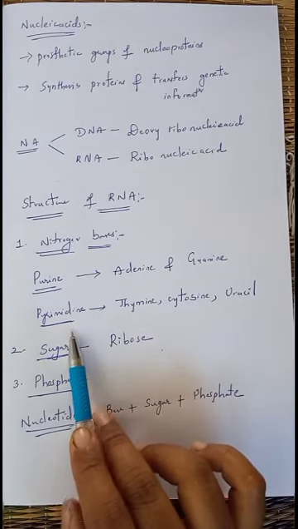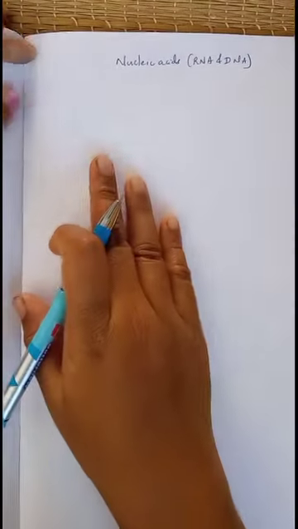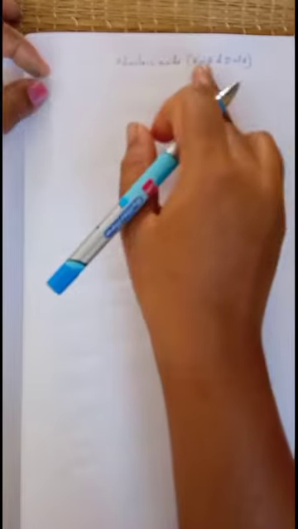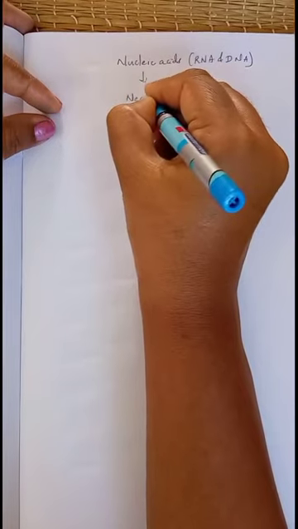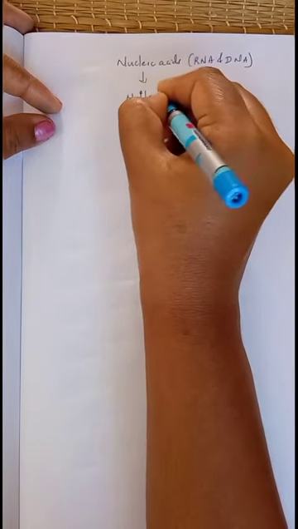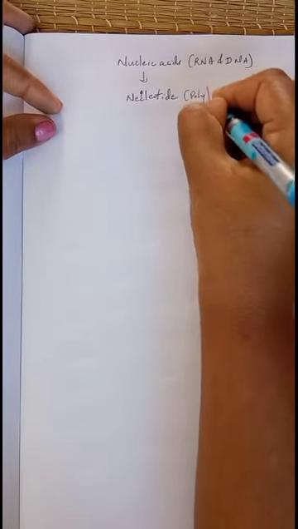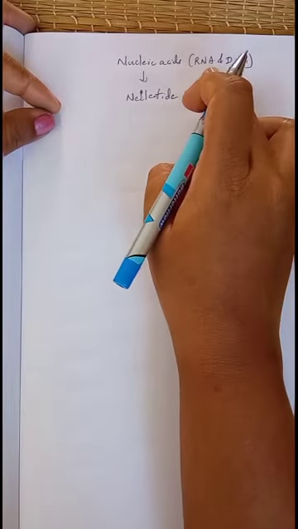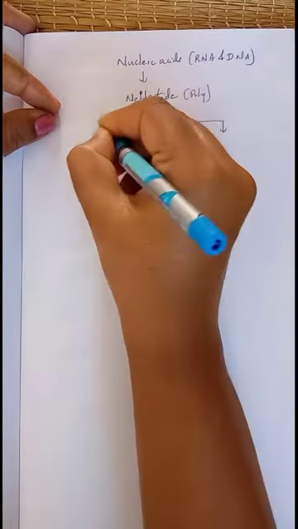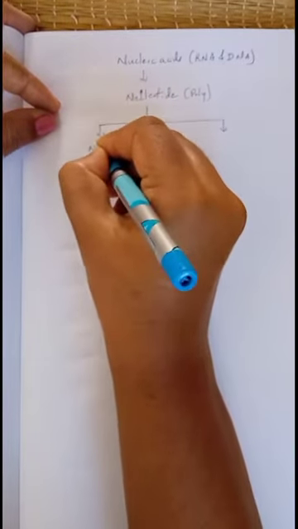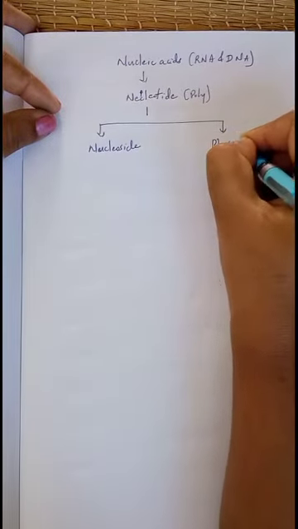Now we will see the flow chart of how DNA and RNA are formed. First, how nucleic acids are formed, whether it is RNA or DNA. RNA and DNA both are formed by using nucleotides. When n number of nucleotides combine, that is called polynucleotides. Such polynucleotides are involved to form either RNA or DNA. This nucleotide contains two important basic units. First one is nucleosides and phosphoric acid.